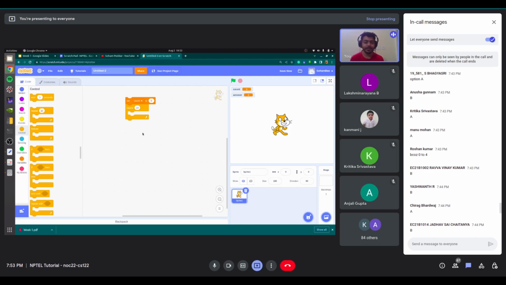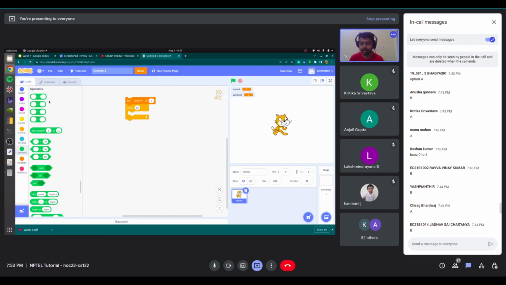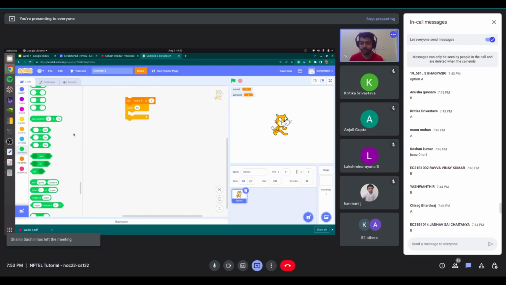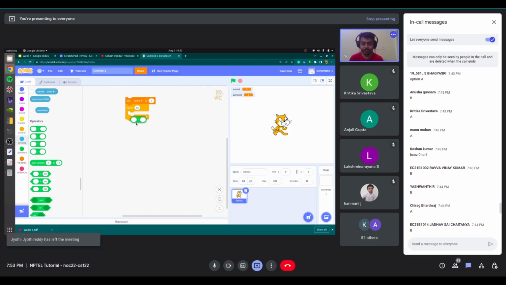Based on the previous questions, I think you are getting some idea of what to do. First we want to calculate the multiple of 5, right? So you want to multiply count by 5. We will go back to operators. You can also scroll it directly, you can scroll it one by one, or you can use just the side. So you want to do a multiplication. Okay, so this is a multiplication. We are just placing it here for now, we'll place it inside after a while.